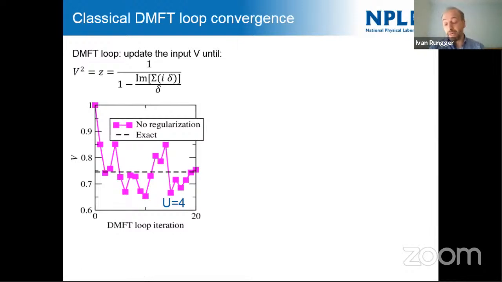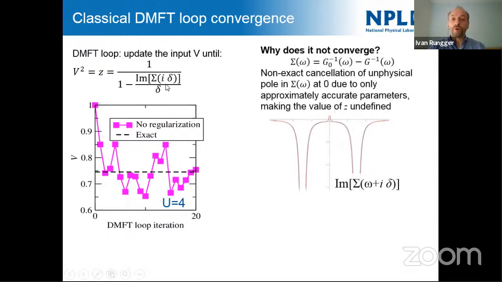But actually, we did expect this because, as I said, it depends on the value of the self-energy at 0. And we knew already from previous analysis, when we plotted this, maybe it's not so visible on this graph, that the exact number here at 0 is a very continuous blue curve in the background. But if I put a bit of error in my solution, I actually get an unphysical pole or a peak at that energy, right? So clearly, depending on the exact height of this peak, I will jump all over the place, basically.